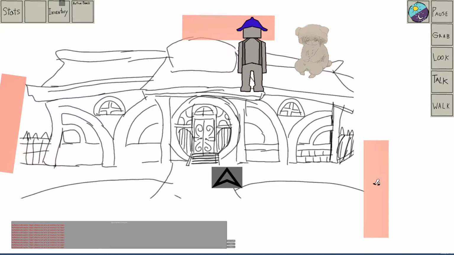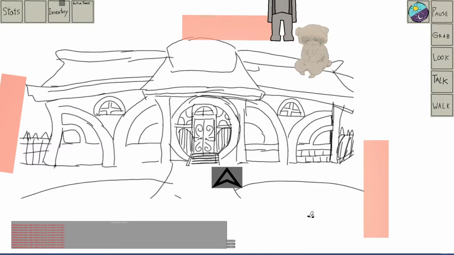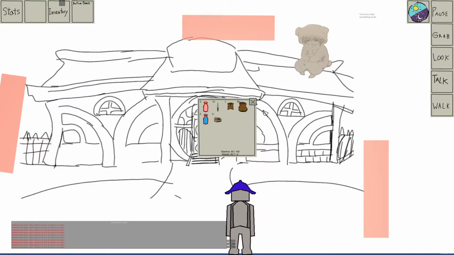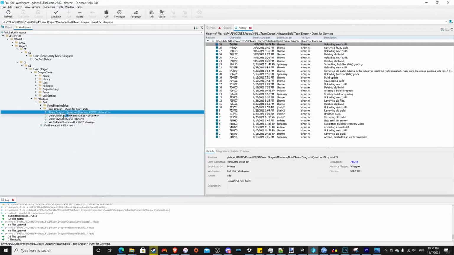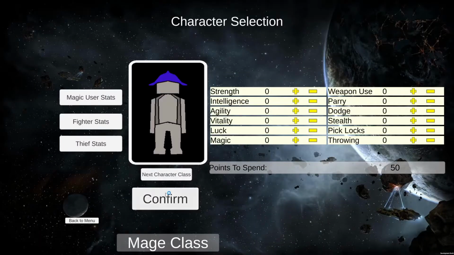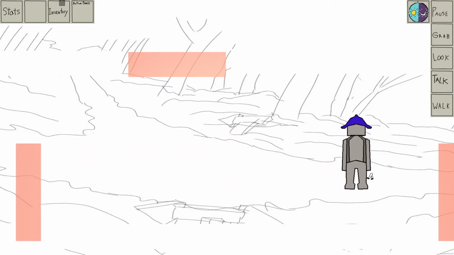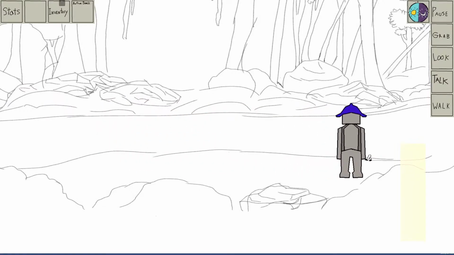Don't know why the pathing is messing up. Oh my goodness gracious me. Okay, let's just restart there so I can show the rest of my sprites. Alright, walk over this way, then we gotta walk all the way over this way, and then walk all the way over there,